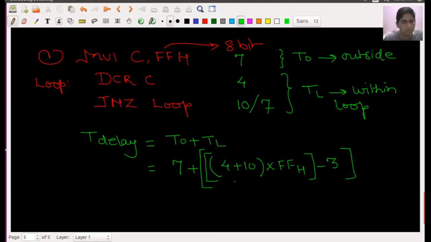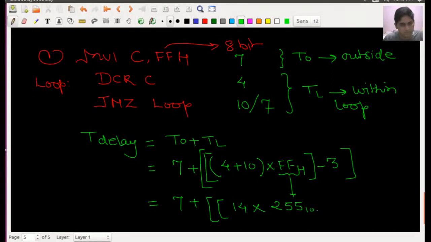Now, one important thing is that here we are considering the T states in decimal, but here we are taking the count value in hexadecimal. So we can say 7 plus bracket, again the bracket, this is 14, and the equivalent of FFH in decimal is 255.